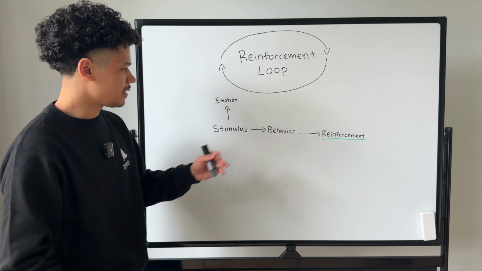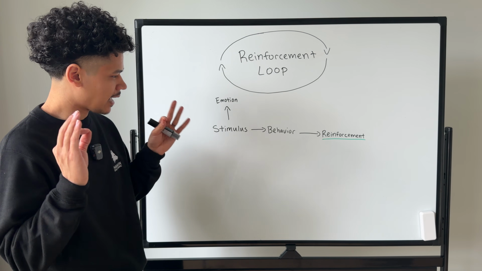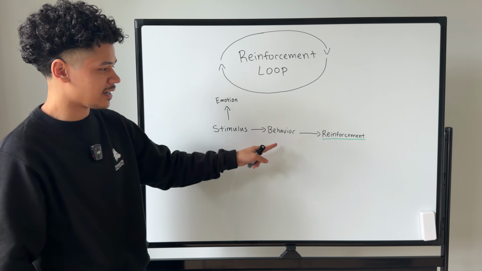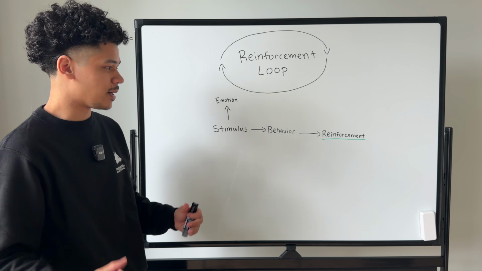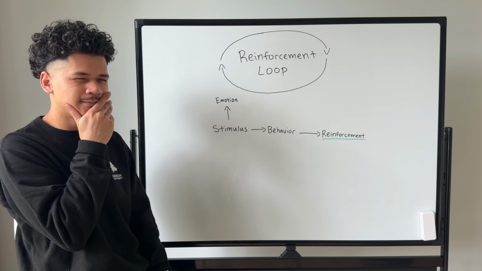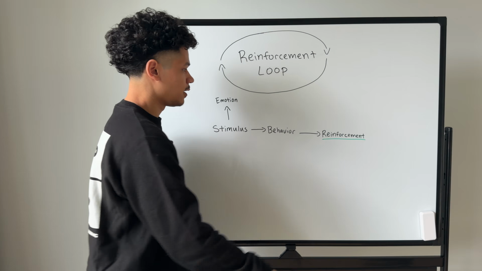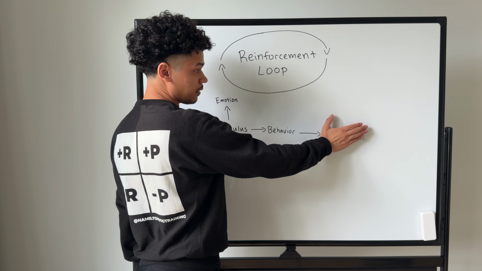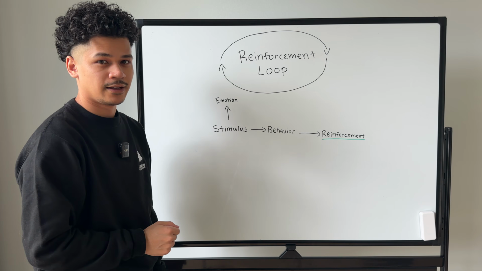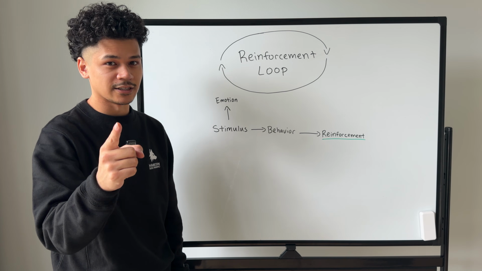So I want you to look at this equation and ask yourself, how might you reduce the frequency of this reactive behavior? Well, if you're a smart cookie and you're watching this video, you might be thinking to yourself, what happens if I just removed this? What if I just removed the thing that's reinforcing this behavior? Not a bad idea. Let's run through it.